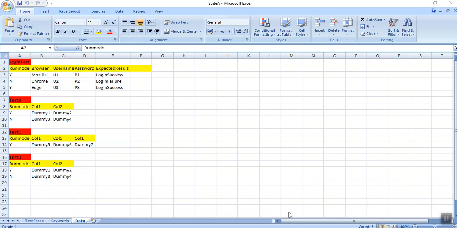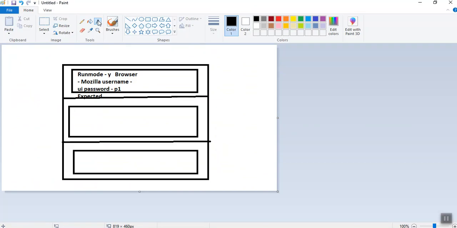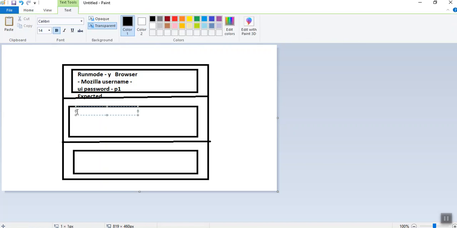Are you getting it? So in our second row, run mode is no, browser is Chrome, username u2, password p2, and expected result will be login failure.